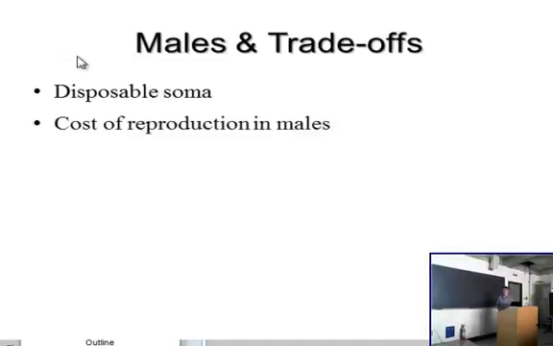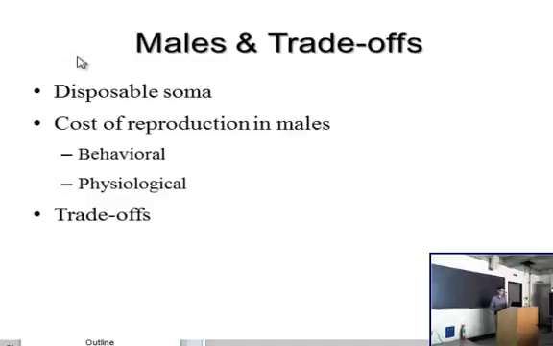And males do show costs of reproduction that are more than just related to competition for mates and resources. These costs of reproduction are associated with behaviors such as pre-mating behaviors, as well as the physiological processes of reproduction, such as sperm production and pheromone production to actually attract mates. So because there's this cost of reproduction, it seems obvious that there'd be trade-offs between survival and reproductive ability if the male doesn't think it can maximize reproductive success at a given time.